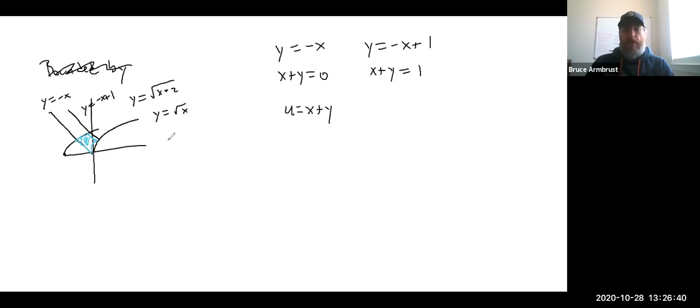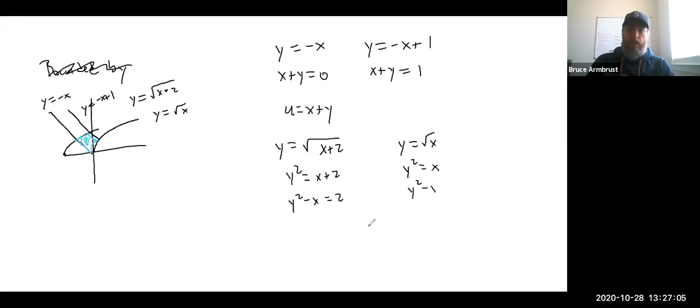Okay, similarly, if you look at the other ones, you have y equals the square root of x plus 2. So that's y squared equals x plus 2, or y squared minus x equals 2. The other one, y equals square root of x, that's y squared equals x, or y squared minus x equals 0. And so that would suggest to me, let's use a v of y squared minus x. So if I do these two transformations,